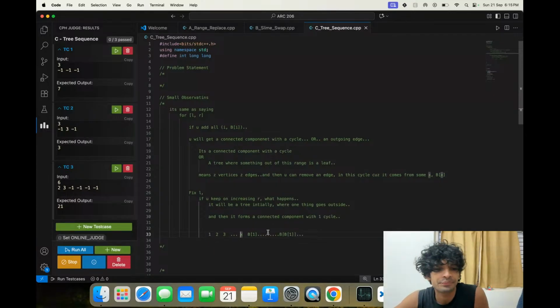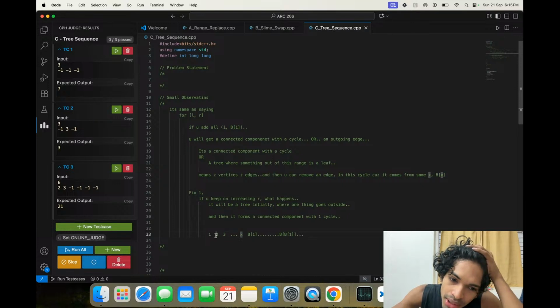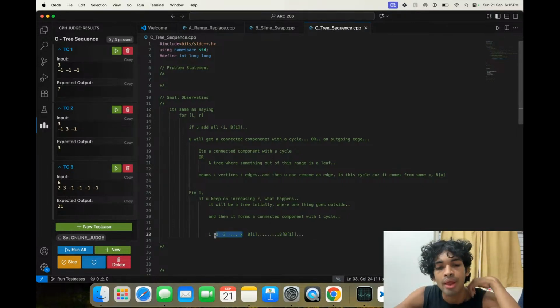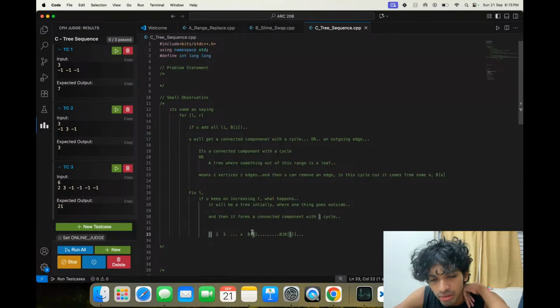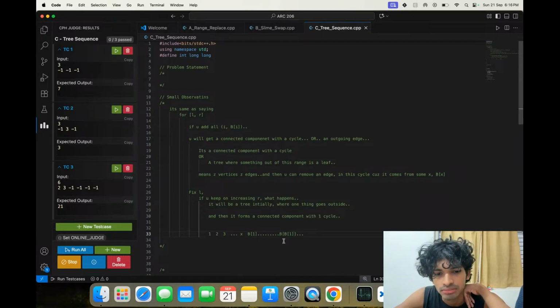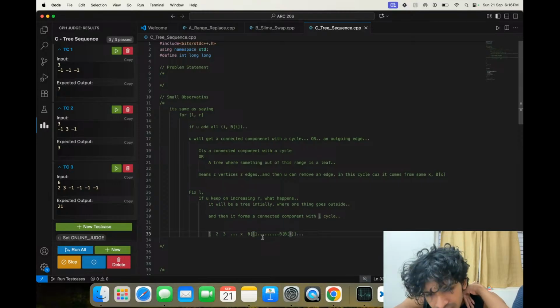So, what does this say? If there is some element behind, in between, 1 and b of 1, that seems to be wrong. Wait a minute. B of 1 is not having an edge backward. We will look at the first point where this thing came behind.